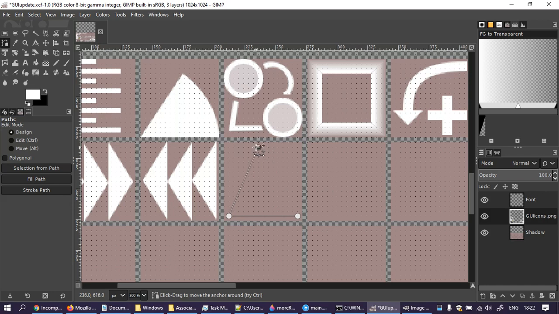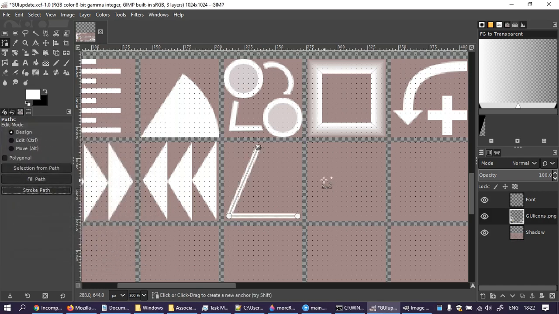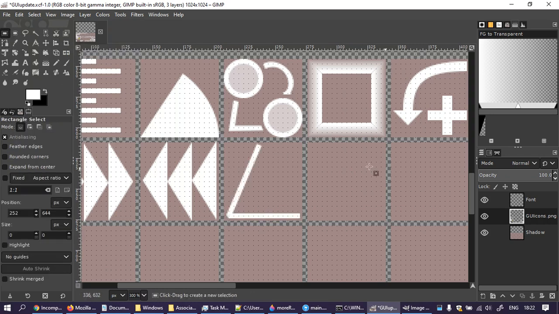I don't like the inconsistency, but so what happens if I do stroke path like that? Stroke. Well, yeah, I mean that's for sure. I guess that's how I'm going to do it. Oh no, what is it to redo? No, no, no. Control Y and do that again. I wish I knew. Like there, that's what I wanted to achieve. And then I will try and